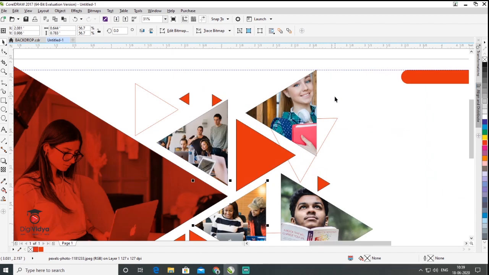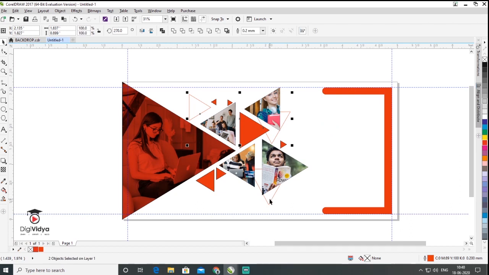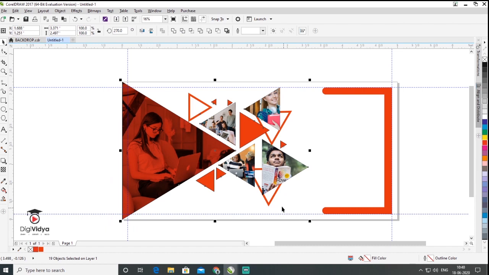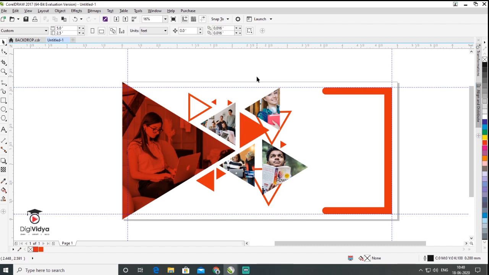After intersecting the image, I want to select this rectangle and this one and this one. I mean these 3 rectangles, and increase the outline to 10. Yes, it's good. And now I select all these triangles except this one and that one, and fill none, outline none. Okay, so here is my design, right?